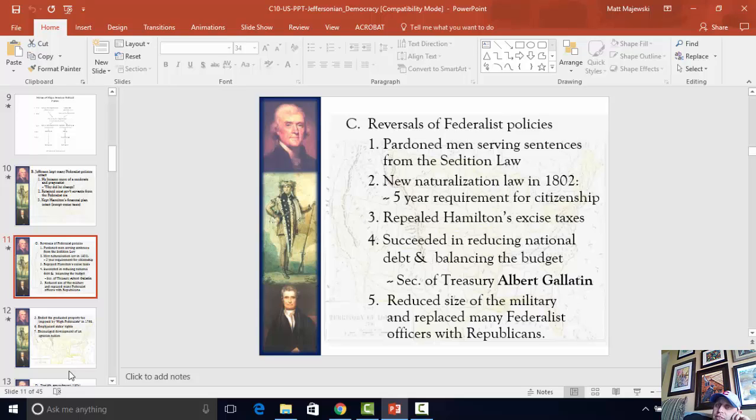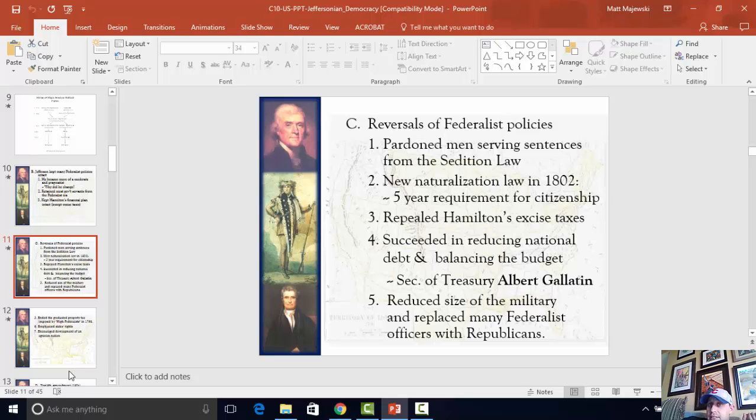He creates a new naturalization law, or I should say he and Congress do, because Congress switches over to the Democratic Republicans as well during this election. They go back to the 5-year requirement for citizenship. Again, that shouldn't surprise us. Why? Most new immigrants into the country, remember, were Democratic Republican. So obviously they want to go back to the old system where these folks are going to be allowed to vote earlier, because that's a large number of potential voters and supporters of the Democratic Republican Party that are going to be involved in elections that are going to help them to maintain their political control.